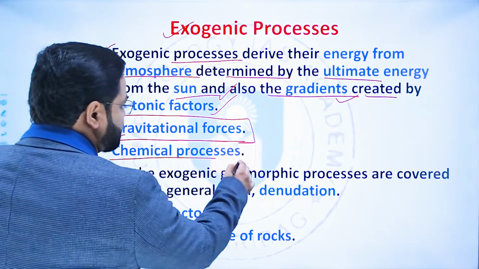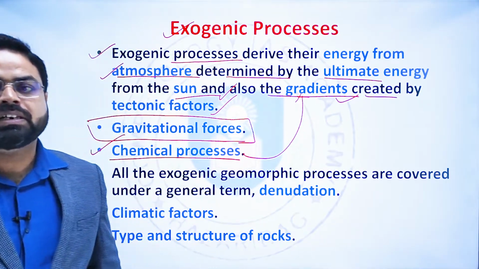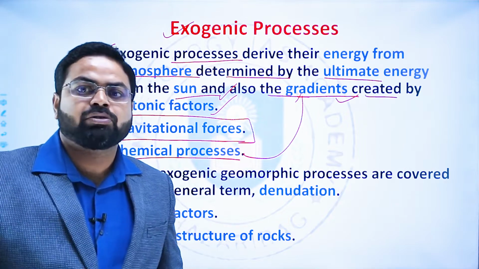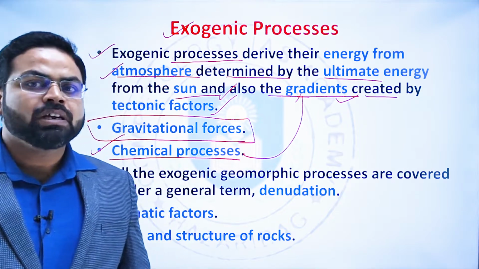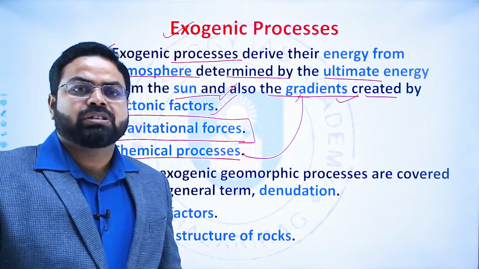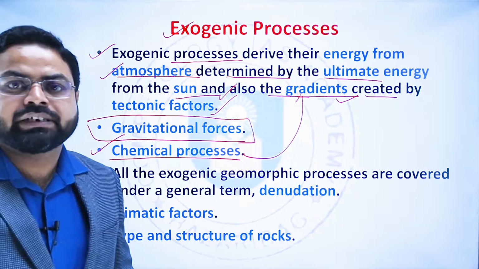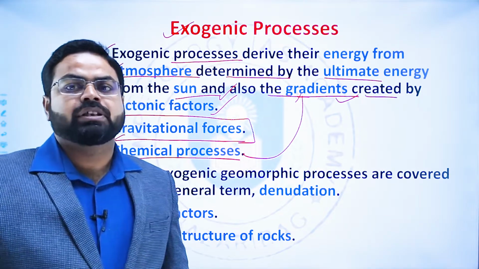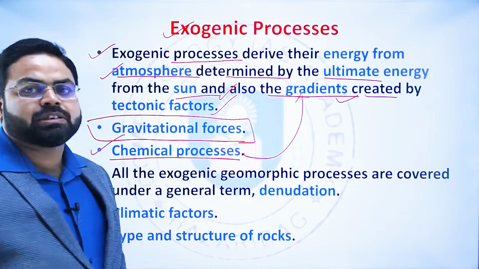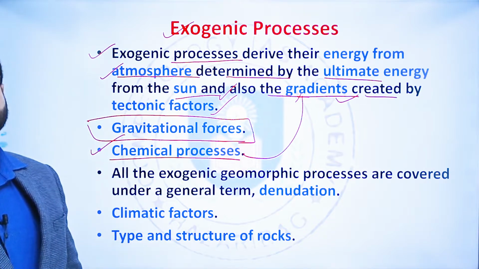Thereafter, chemical processes. Again, the chemical processes will be linked with the external energy as well as the humidity available in the region, the amount of water, the type of vegetation, the type of rock, whether the rock is able to assimilate some amount of humidity or water and thereafter get hydrated, etc. Such kind of things will be there. Again, due to the temperature also there will be various chemical processes on the surface of the earth in different rocks.